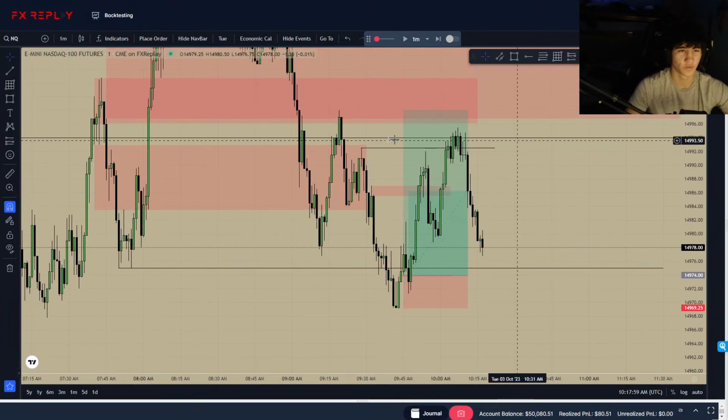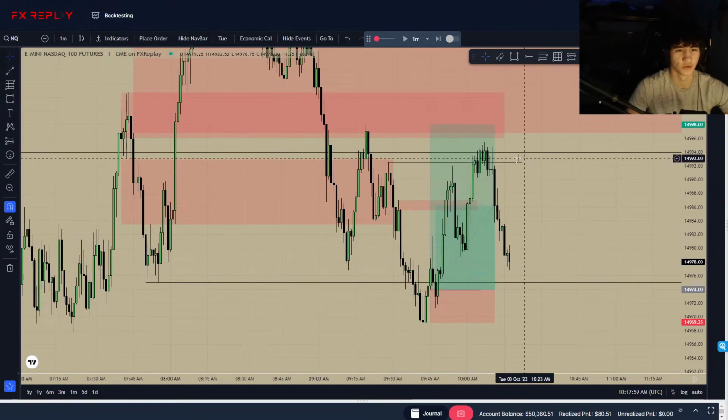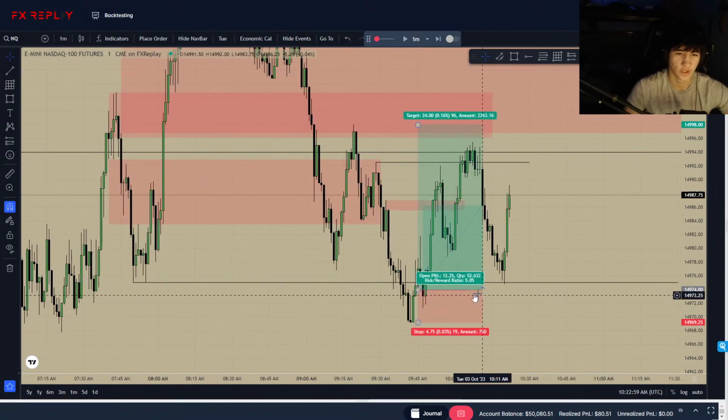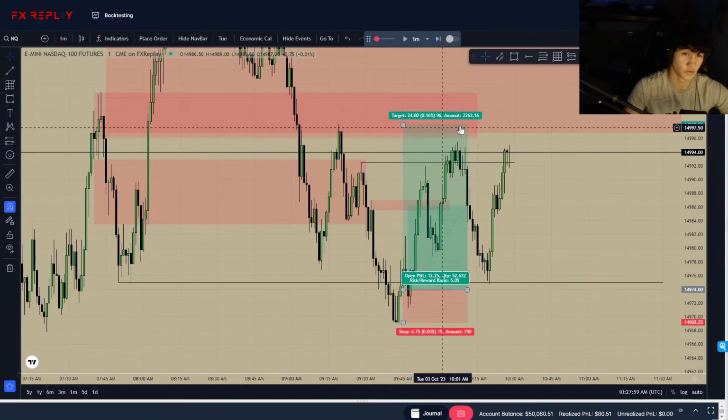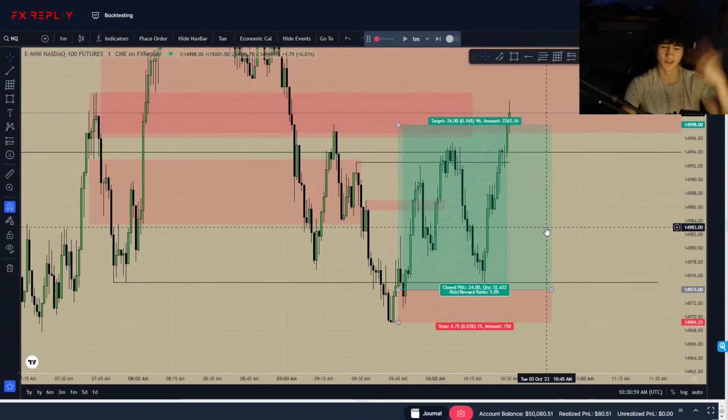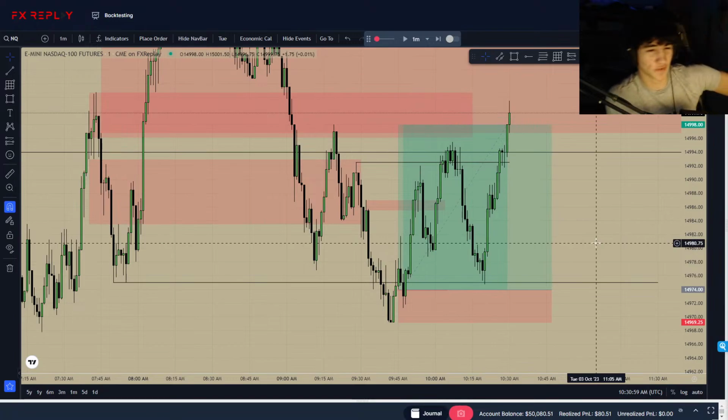Okay. Well, we almost got our high taken out. Got a little bit too greedy. This could have been our first take profit. We came up with some profits though. If we would have held to break even, I'm still thinking we could run to a take profit like this. But you gotta realize we paper hand. I didn't really want a paper hand, but it happens to the best of us.